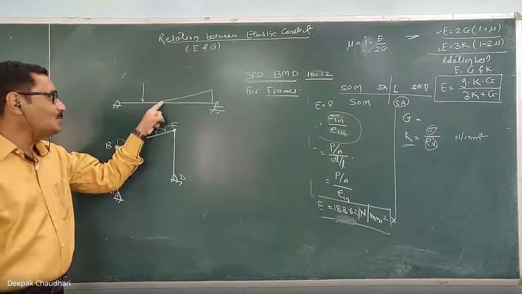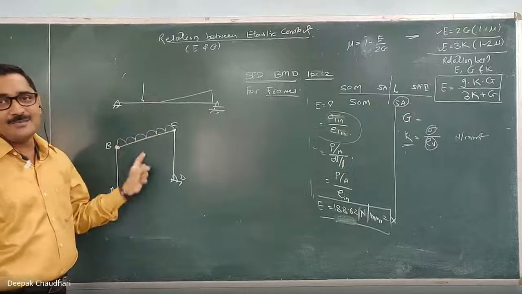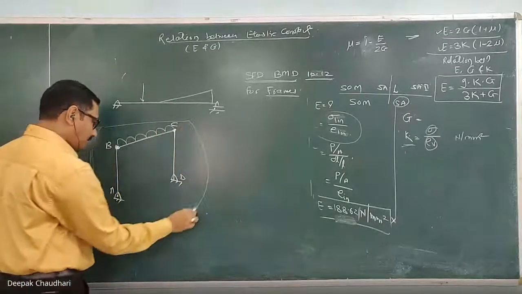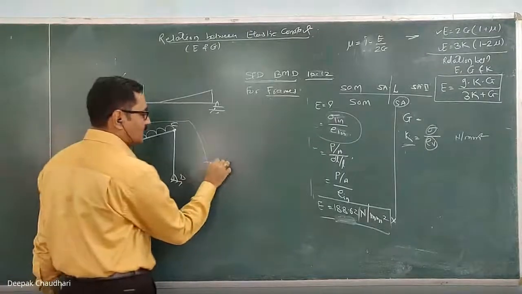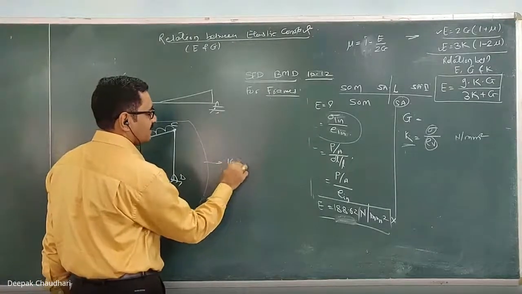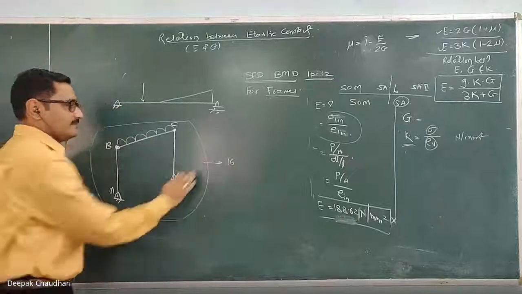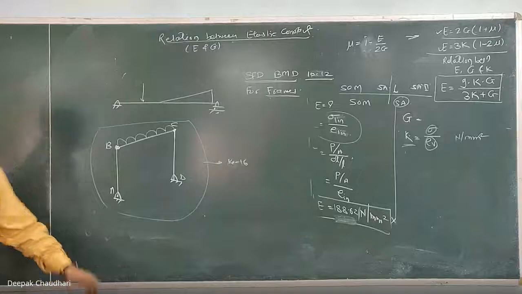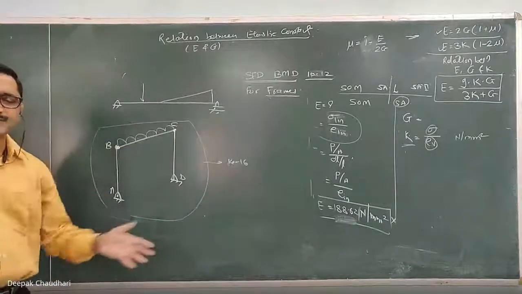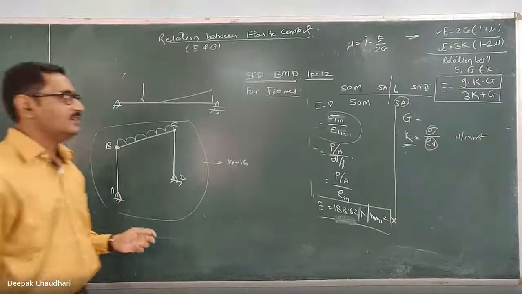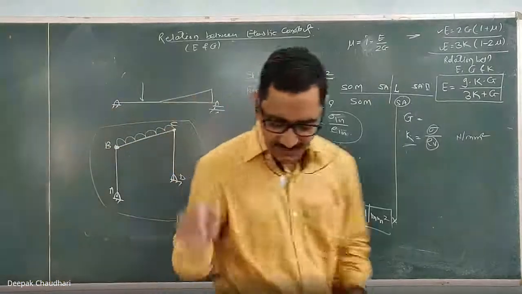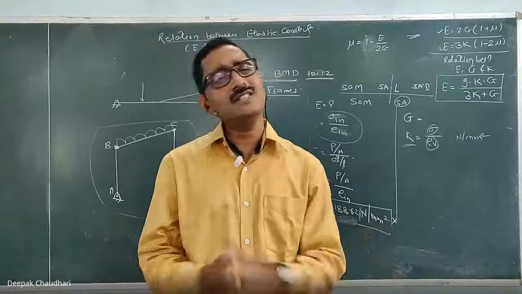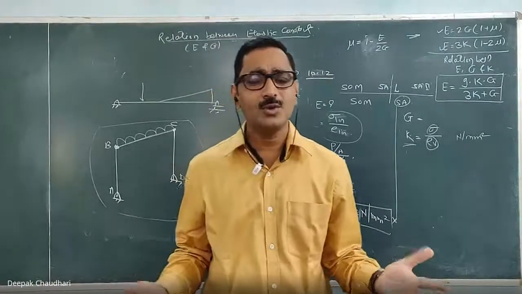Here only one member is there, there three members are there. For the shear force and bending moment diagram of a frame, the weightage in the exam is around 14 to 16 marks, because we have to draw 3 SFDs and BMDs. So for civil students, this lesson is very important. And remember one thing, once you know the concept, it is very easy to draw. You only need to know the concept.